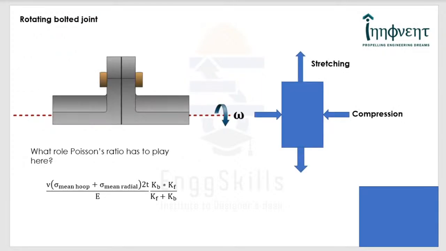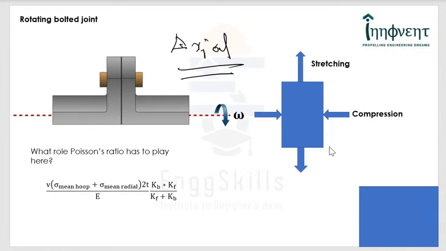So now let's move on. Let's take a simple rotating bolted joint. Here I am talking about an unobvious failure mode. What is the basic design intent for designing a bolted joint? It is the axial restraint, right? It is the axial restraint for which the bolted joint is designed. Now, when the bolted joint is subjected to a large angular velocity, does the effective clamping load come down because of that? That is the question that we need to answer.